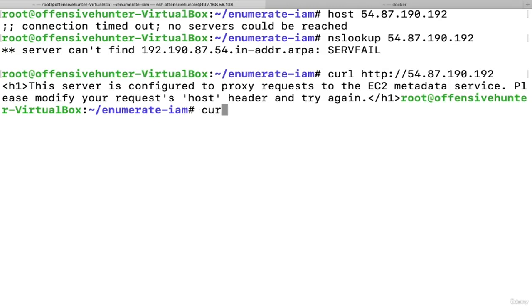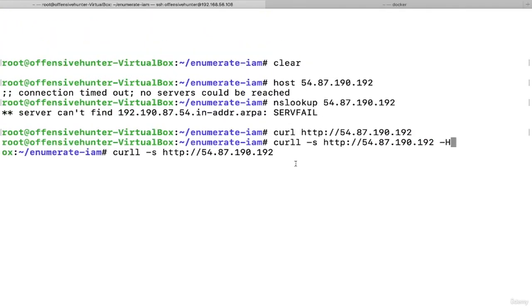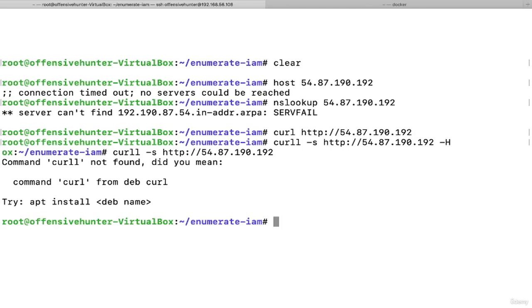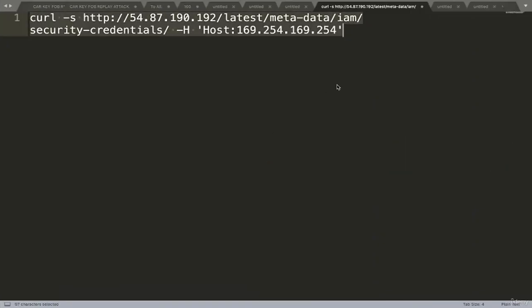So I'll use a command called curl -s and then the target IP address. Okay, let's just use -H to give some header. Okay, there's some issue. That's why. Okay, let me just type this in Sublime. That will be good. So what I will do now,